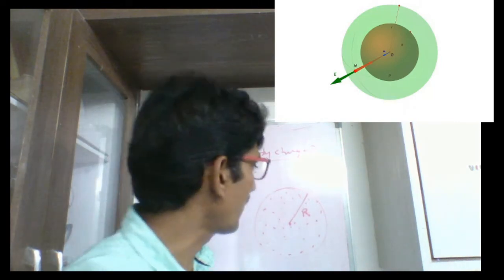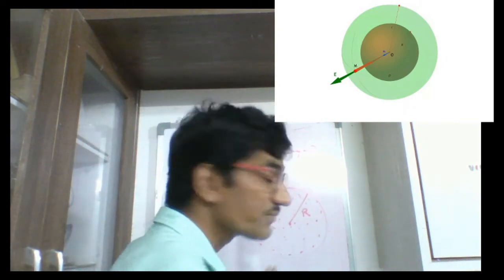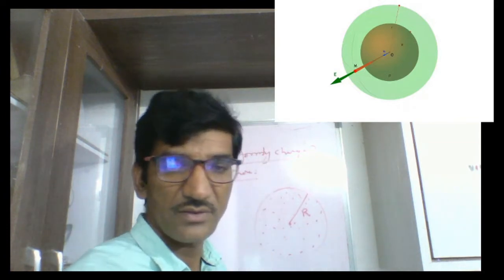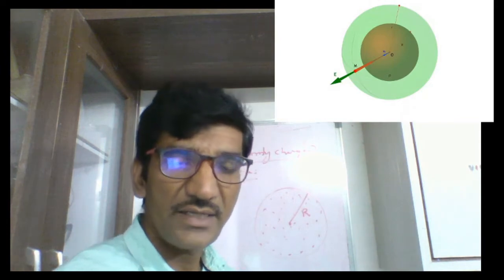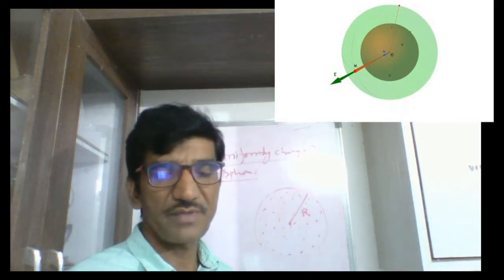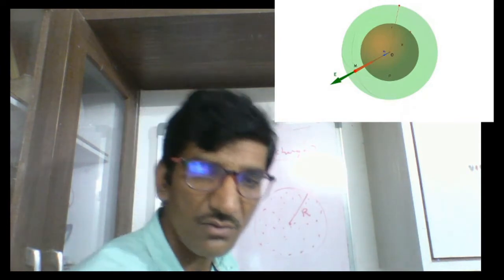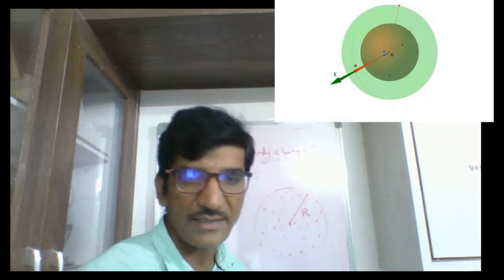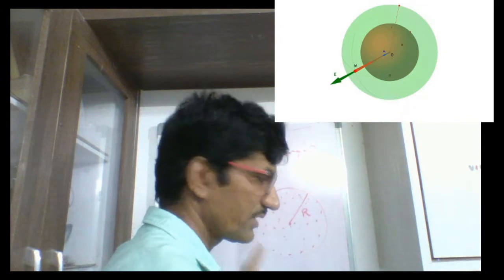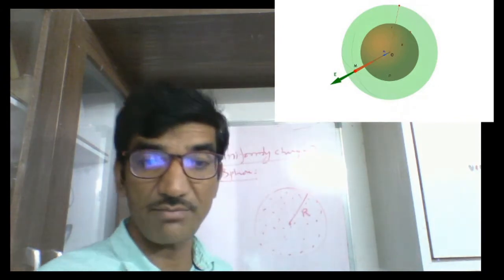First of all, we have to build the problem. What is our problem? To know the electric field in and around the solid sphere by using the Gauss law of electrostatics. We have to apply the Gauss law for the particular problem. Here we are building the problem, defining the problem.